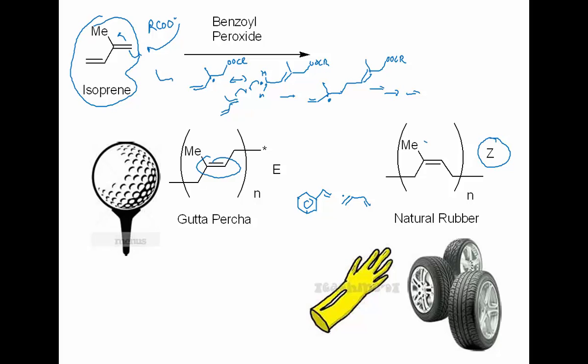Okay, I think this is it for the diene chapter. The next chapter we're going to add one more double bond into conjugation, and we're going to look at triene systems or aromatic or benzene systems in the next